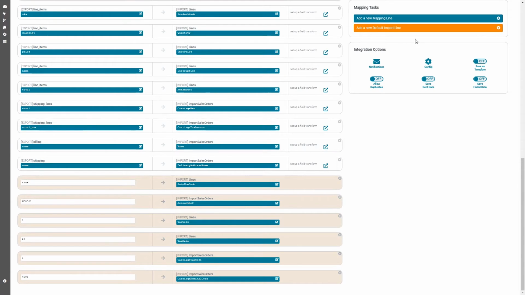We also have what we call default import lines, where we want to force a function, i.e. all these orders are going to go to account reference Woo001, because this is a consumer website and we want all the orders to go into a default sales ledger account and ship to the delivery address, because they're one-off customers.